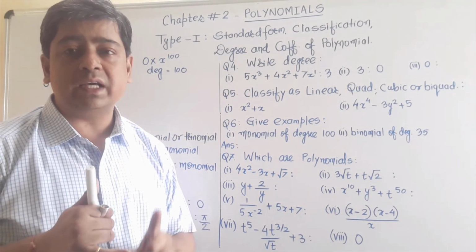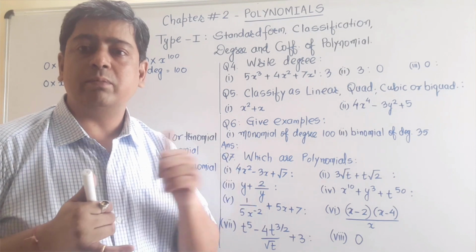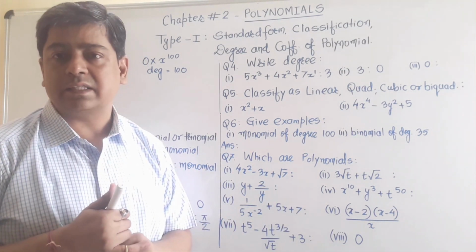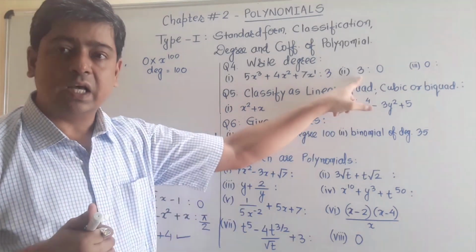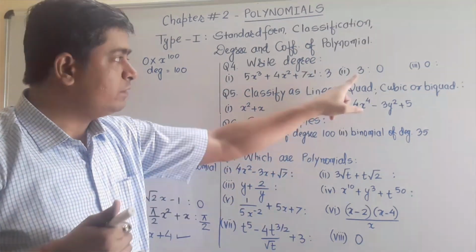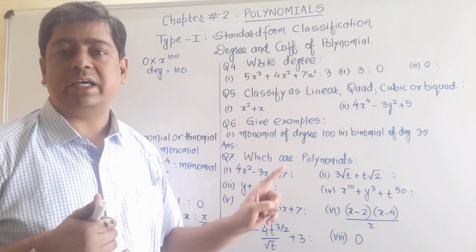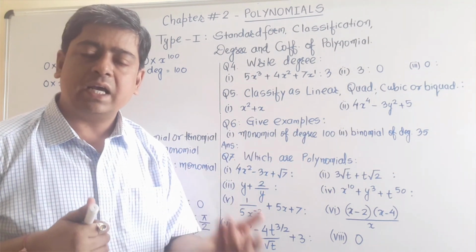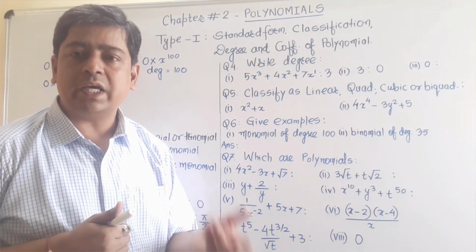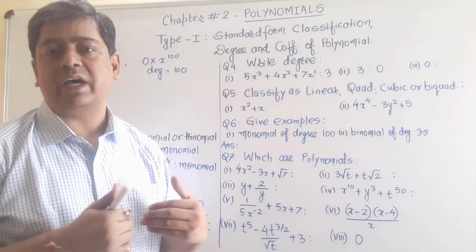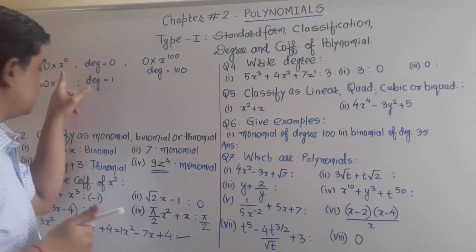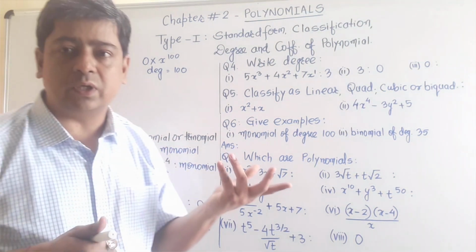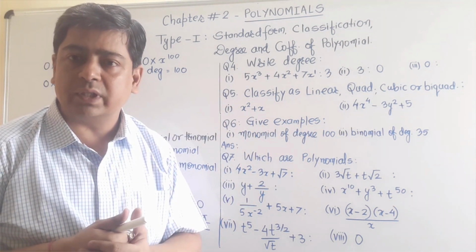If you take the power of x as 1, the value will become 3x. If you take the power of x as 2, it will become 3x square, and hence it cannot be equal to 3. So to maintain the same value, we can take only the power of x as 0. But here, since 0 is multiplying the second term and the answer is becoming 0, you can take the power of x as any value. If you take the power of x as 0, then the degree is also 0, because the power of the variable is 0.